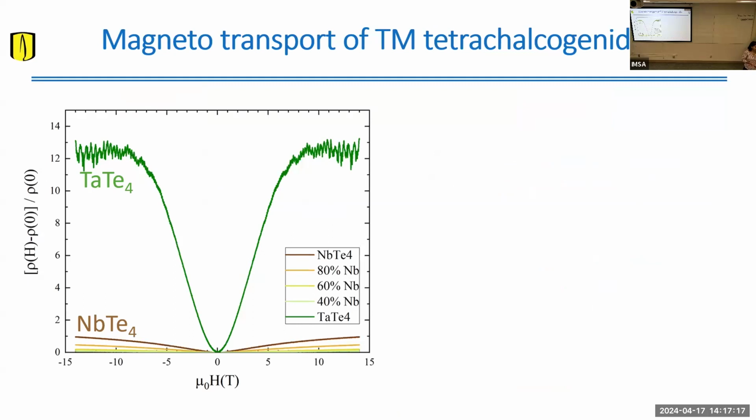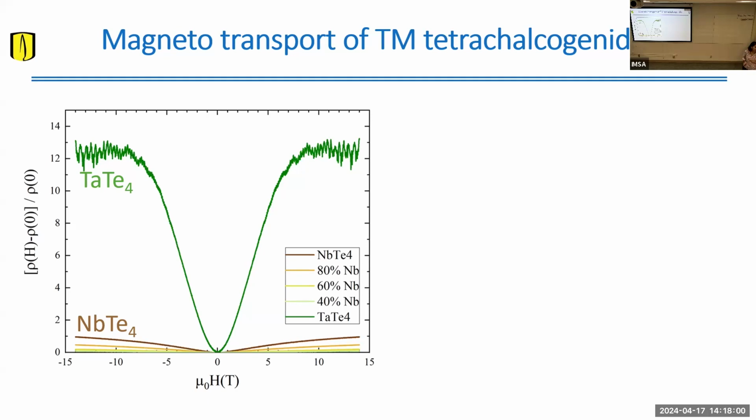So another thing I want to tell you is that niobium tellurium-4 with these highly movable electronic domains creates a lot of scattering. These are magnetoresistance measurements for tantalum tellurium-4 and for niobium tellurium-4. And you see that the magnetoresistance is highly suppressed for the niobium tellurium-4. Meaning these two systems may have a very similar electronic structure, just that these electronic effects are masked by these highly movable domain walls in the niobium tellurium-4. So therefore, in order to reveal the full glory of this electronic structure, we focus on the tantalum tellurium form.